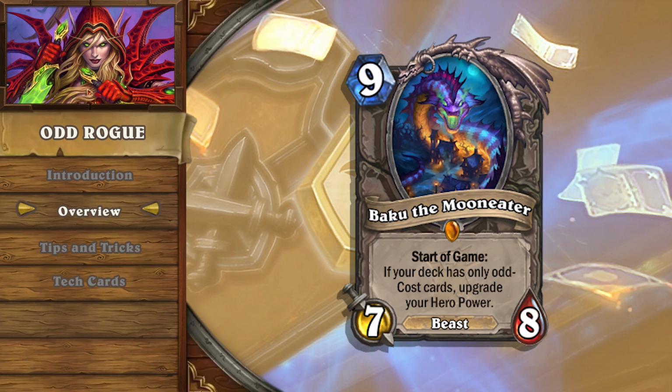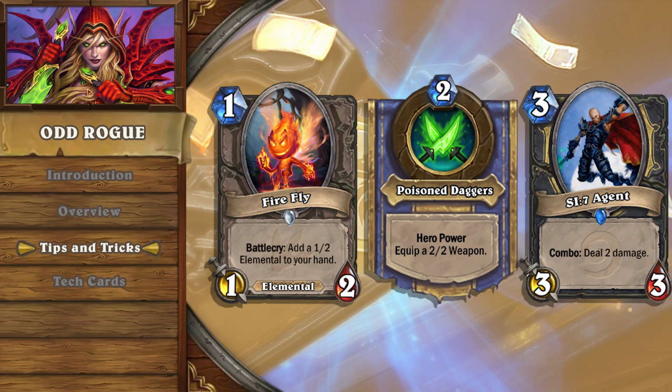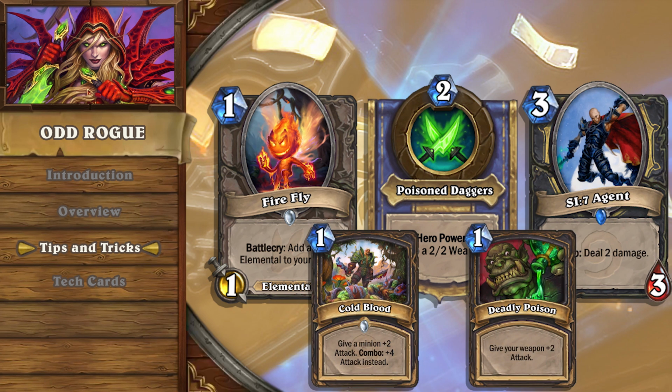Finally, Baku the Moon Eater is played for its effect of buffing our hero power. The reason why Odd Rogue is so powerful is that the deck has the ability to snowball the board out of your opponent's control very aggressively, while also having the option to accumulate great amounts of damage in the early